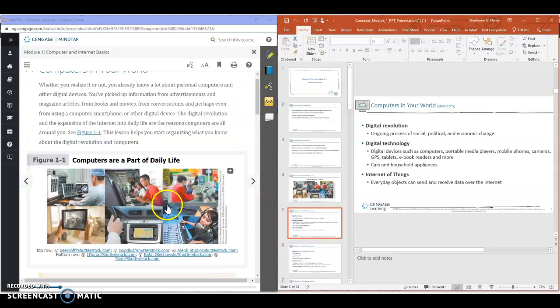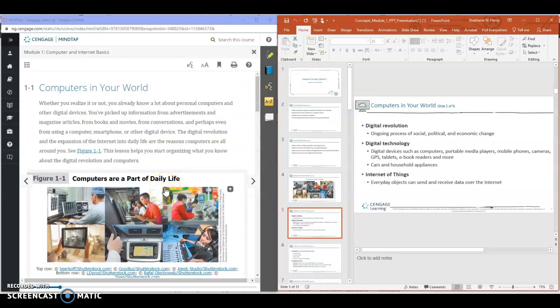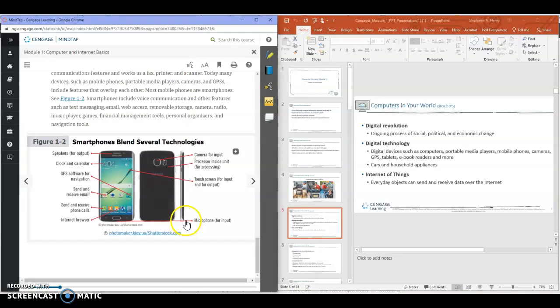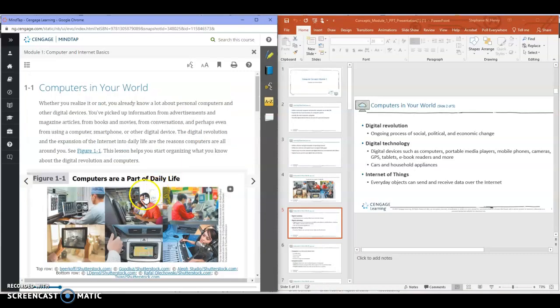While we're here in the book, I also want to show a feature where if you are trying to multitask, let's say that you don't want to sit and read, you want the book to read to you. The book has a read speak feature. And so I'm here at the beginning section of module 1 for computers and internet basics, it's not listed by pages, and it starts with 1-1 computers in your world. And I'm on this page, and if I click the read speak,